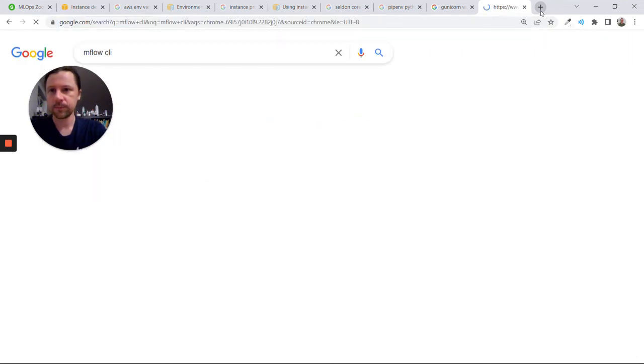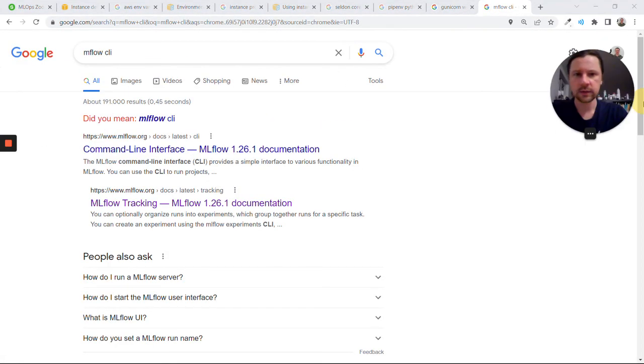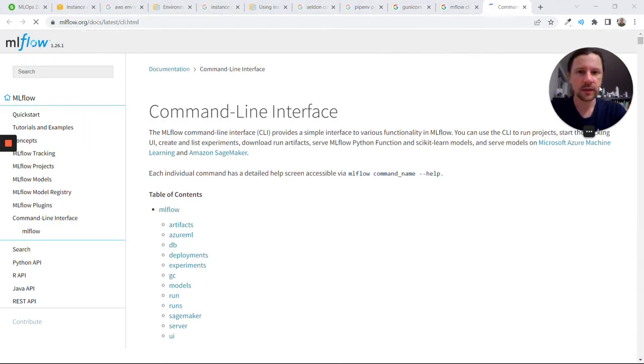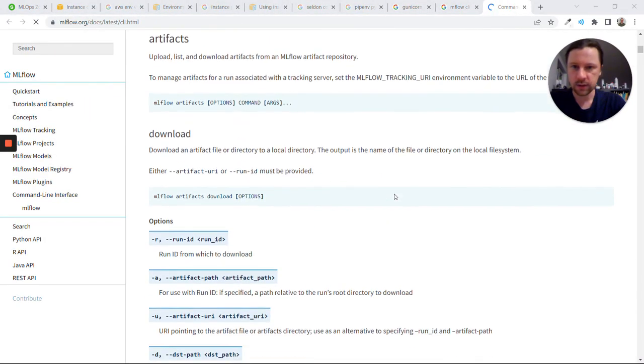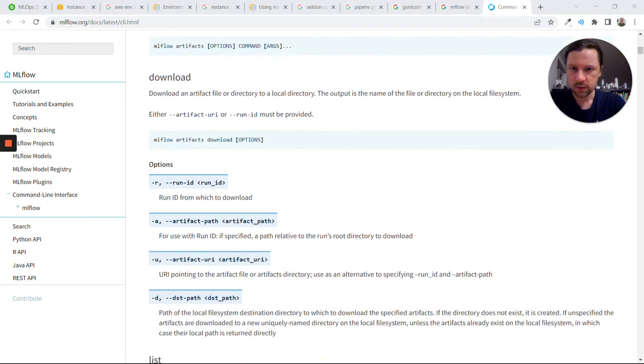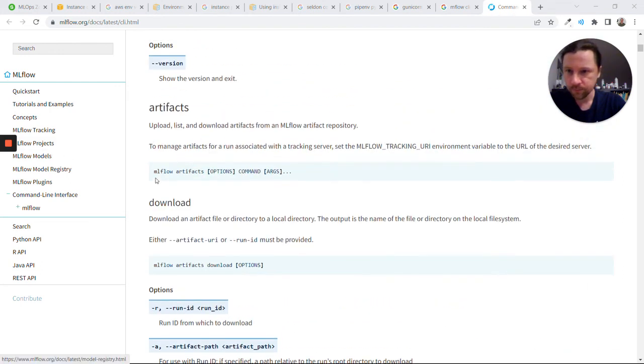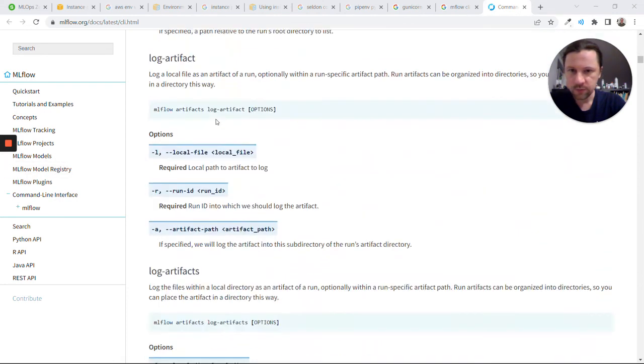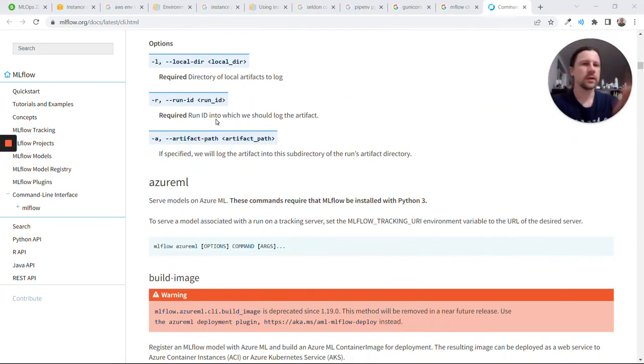MLFlow has a CLI, a command line interface, and with this command line interface, you can get artifacts. What I'm trying to find is that you can get a run ID for a specific model, so for a specific stage. For example, you can say, what is the run ID for the model that is currently deployed in staging or production, right? And then it will give you the run ID, and then you can just do something like